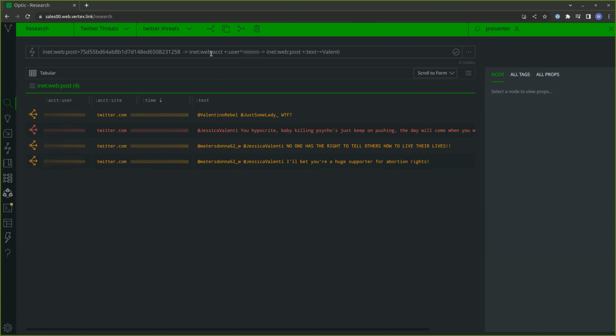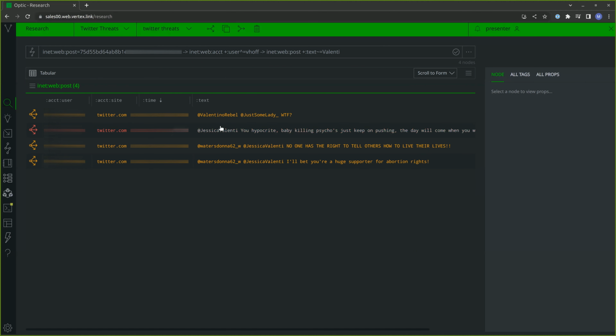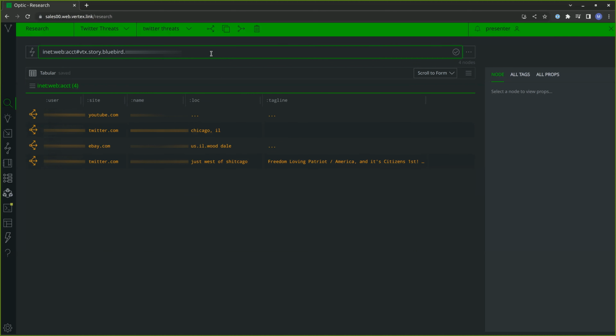We have some other power-ups that we can use for additional research into this user. For example, we have a Synapse Google search power-up that we can use to query and pull in data based on indicators from the original Twitter profile, such as querying the username or the name that was given. Doing this kind of search with that Synapse Google search power-up allowed me to identify some additional